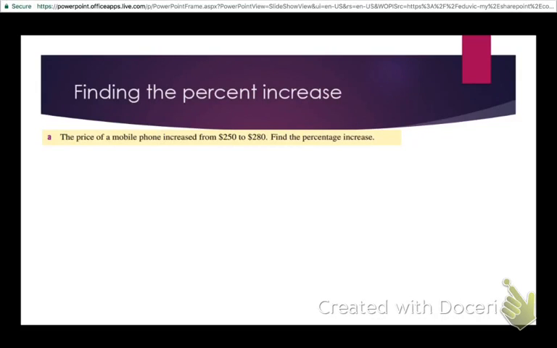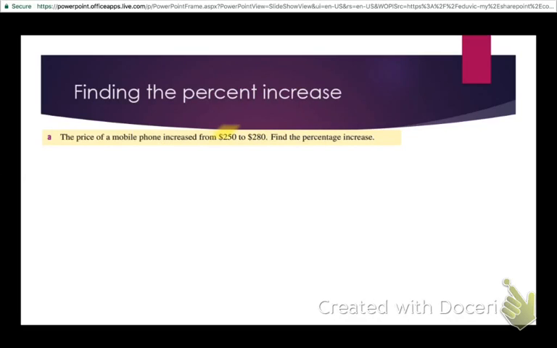Alrighty guys, so moving on with our percentage work and looking at the cost of things. This one looks at how to find the percentage increase of an item. So how much has it been marked up by as a percentage of the price. So we're given here two figures and they are